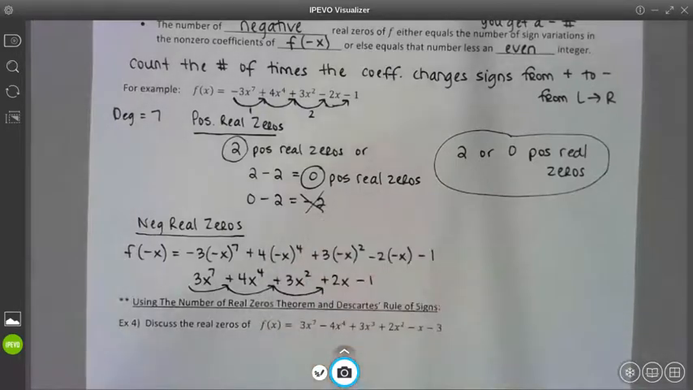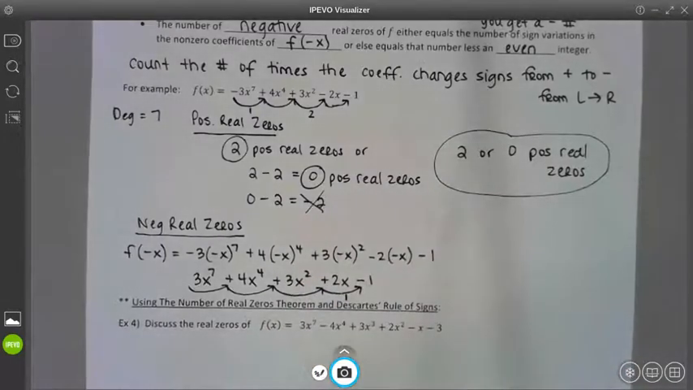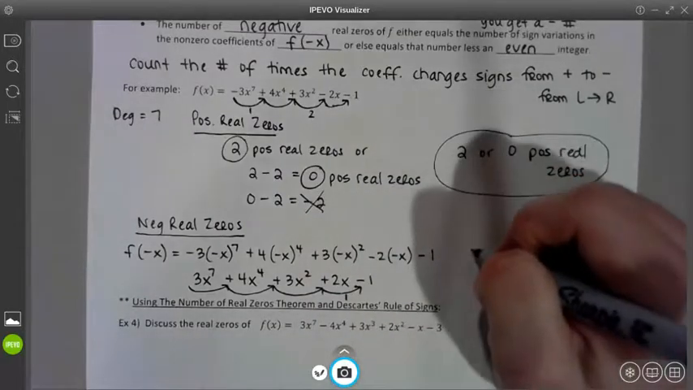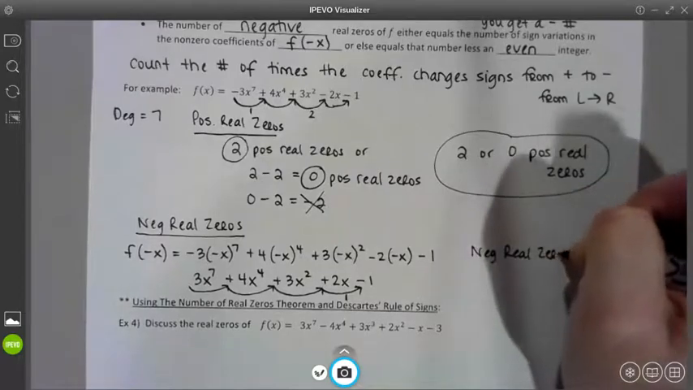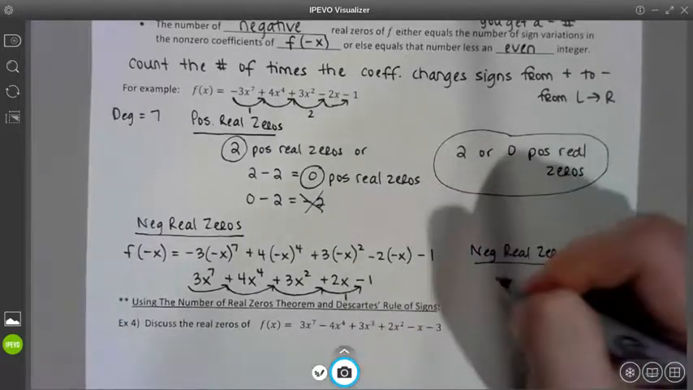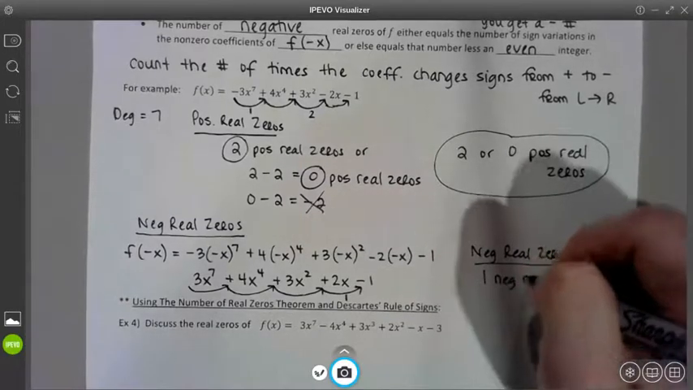Positive to positive, no change. Positive to negative, that's one sign change. All right, so the negative real zeros, well, that was one sign change. So it'll be 1 negative real zero,